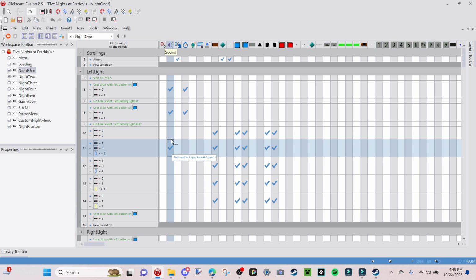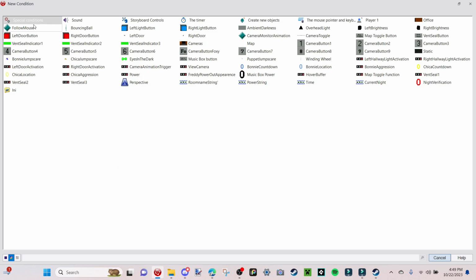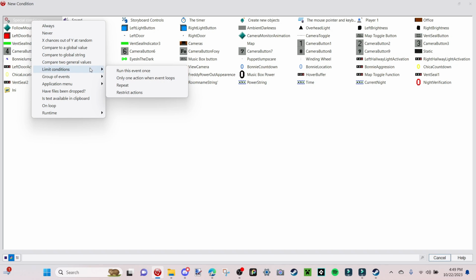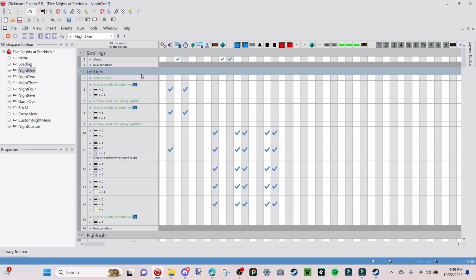It'll play it infinitely because there's nothing telling it you can't do that. But to make it only play once, you can right click, insert, special conditions, limit conditions, only one action when event loops. And this is an absolute godsend when it comes to adding in sound effects, which I really wish I knew earlier when I was starting my game development journey, I guess you could say, because this will only play it once when the event loops, like I said before, which means that if you now